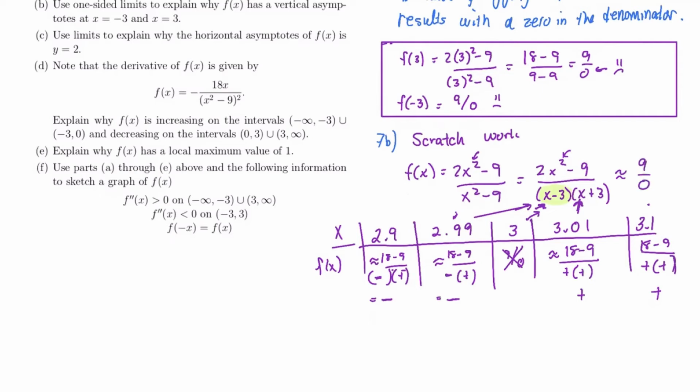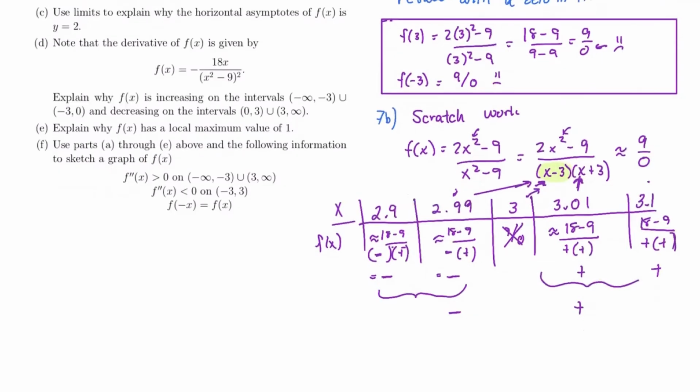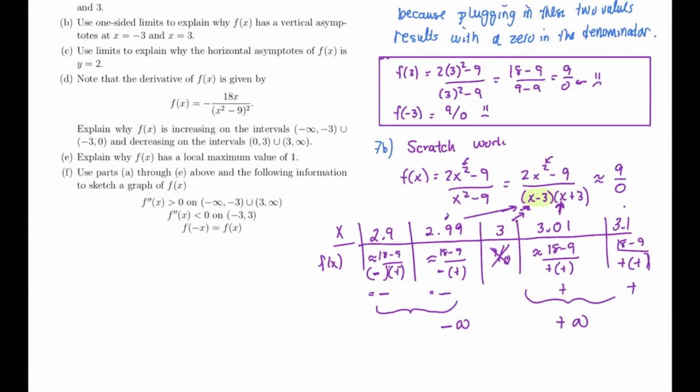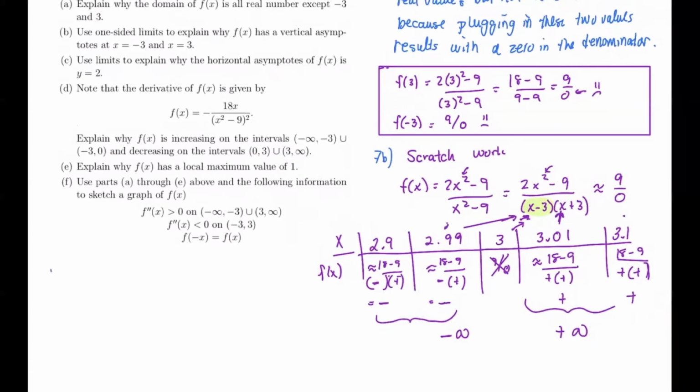But notice that on the left-hand side, these are negative, and on the right-hand side, these are positive. So what that means is on the left-hand side you're going to negative infinity, and on the right-hand side you're going to positive infinity. So that's sort of how I go about this. I use the answer for part A, but then this is the scratch for part B. And then I just write, okay, so part B, note